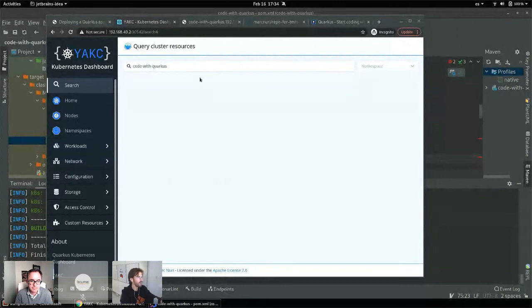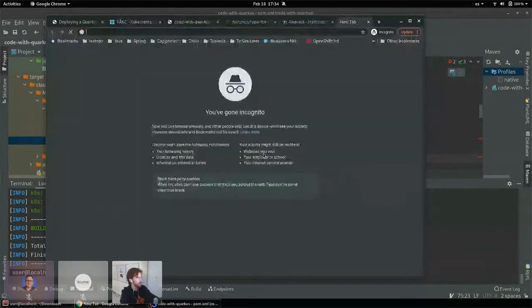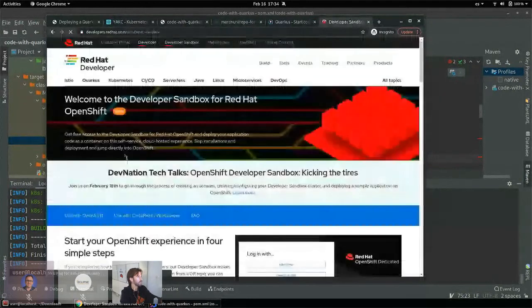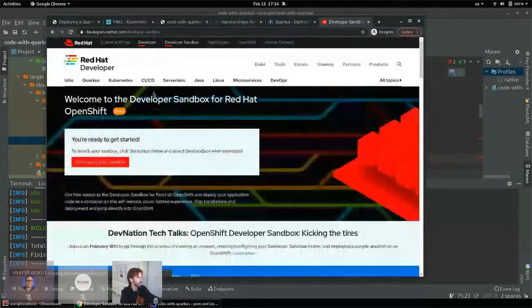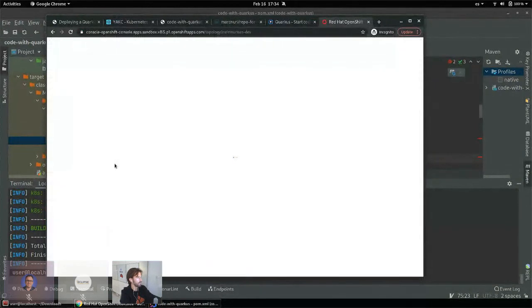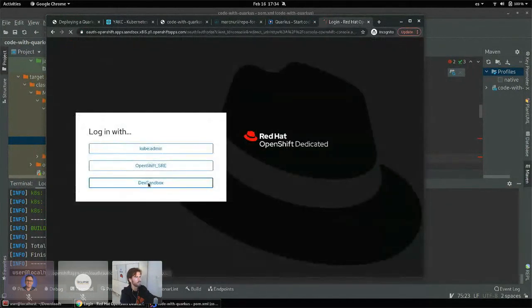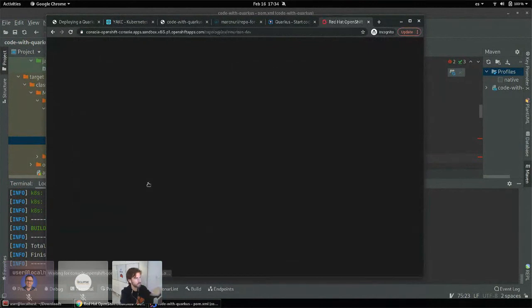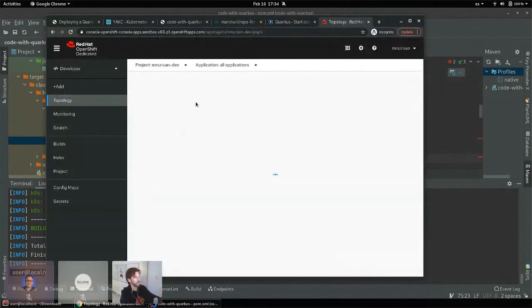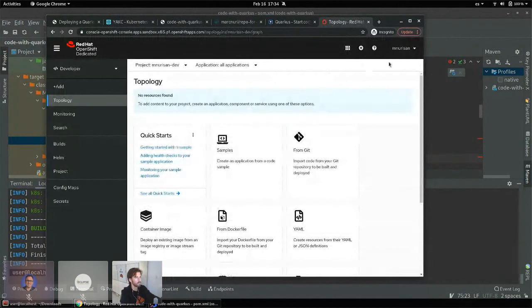Yep. Okay, so for the next part, I'm going to use. Probably you don't have access to an OpenShift cluster. So what I'm going to use is this developer sandbox that Red Hat provides. This will provide you with a test OpenShift cluster that lasts for 14 days or so, but you can renew it. Obviously, the resources here are not that great, but